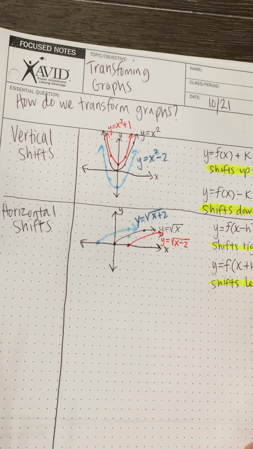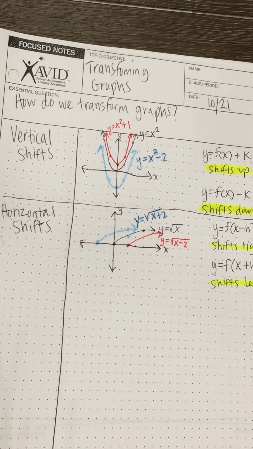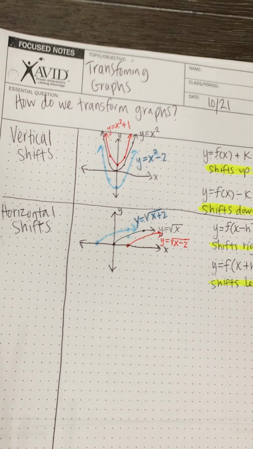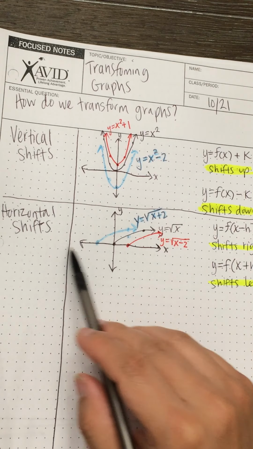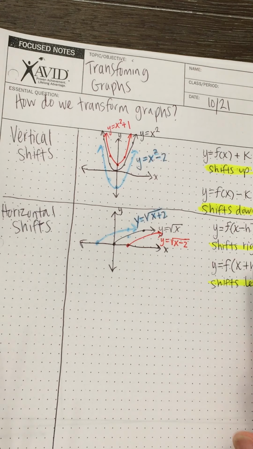Okay, and usually this confuses a lot of students because sometimes when we think about subtraction, right, we always think about it going down. And so when we see the minus here, we think that it moves to the left because sometimes left is the negative side, and the plus means the right side. But the reason why is that h is positive. h is positive in this form here. So if h is positive, it would be x